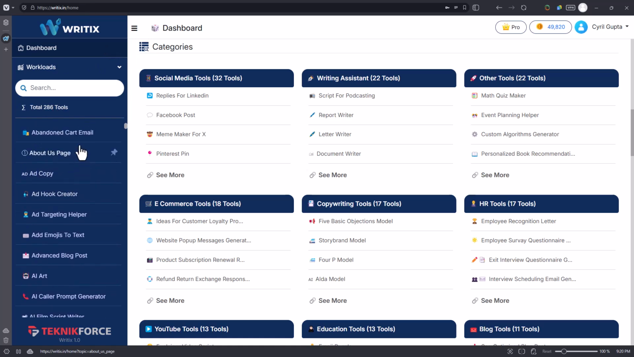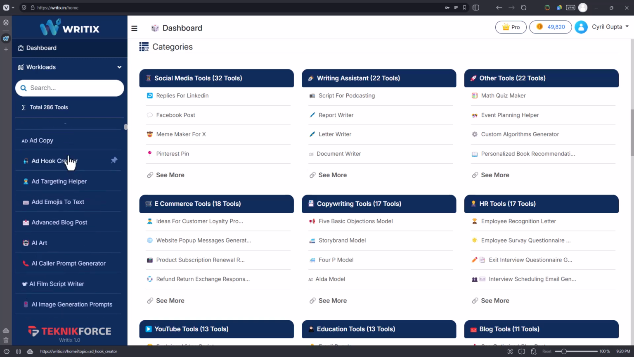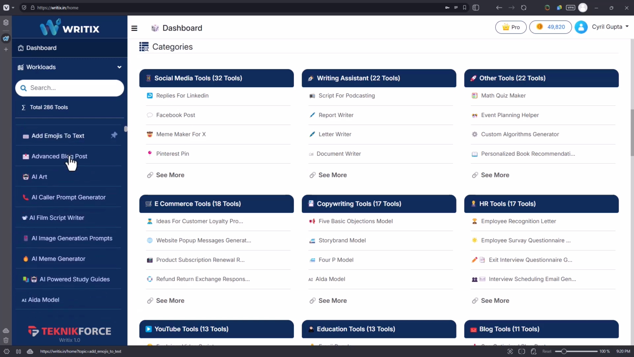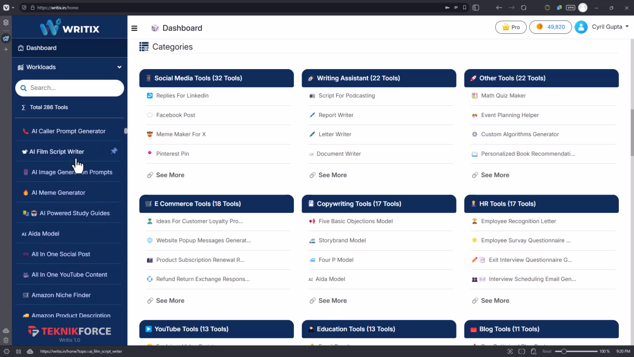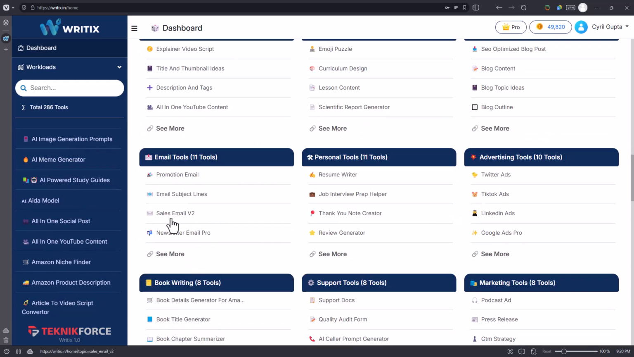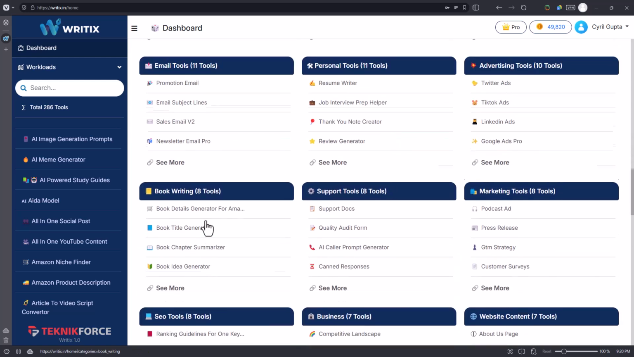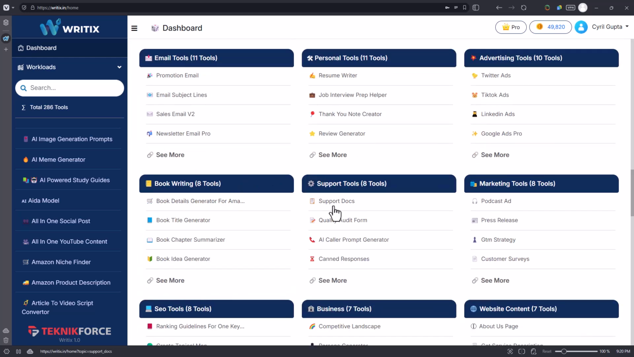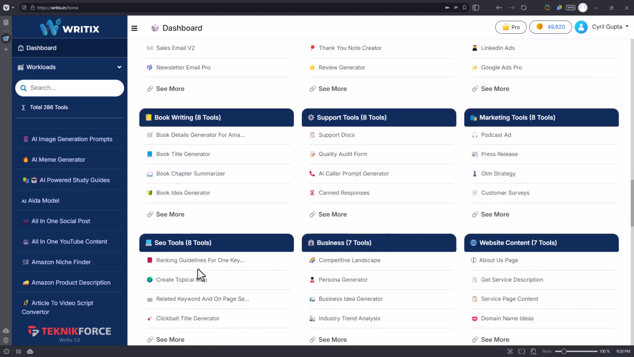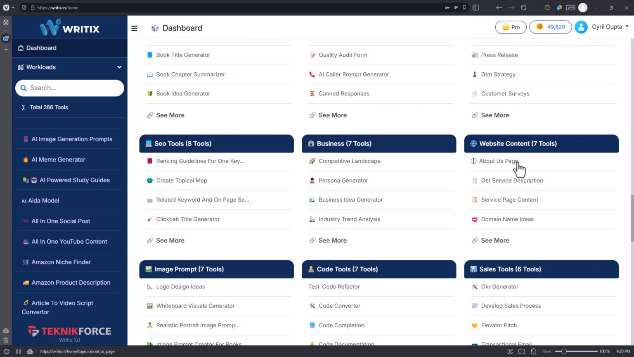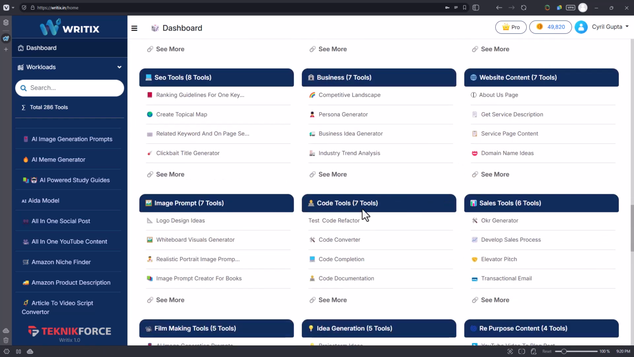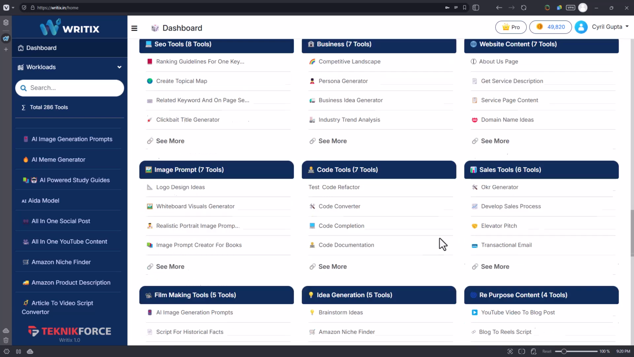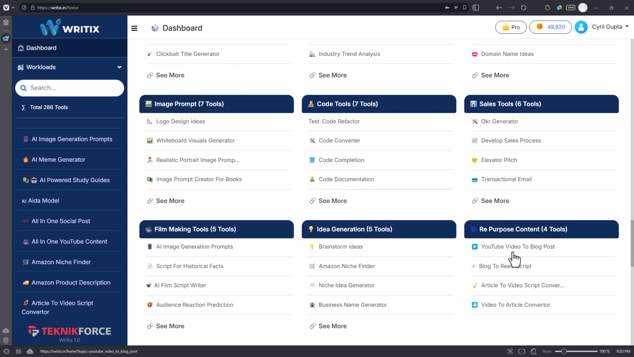Things like abandoned cart email, writing an about us page, creating ad copy, ad hooks, ad targeting, adding emojis to text, advanced blog post, AI art. Literally hundreds of workflows are neatly categorized into categories. For example, if somebody wants to work with email, there is the email category, personal tools, advertising tools, book writing, support tools, marketing, SEO, business tools, website content preparation tools, image prompting, coding, sales and marketing, filmmaking, idea generation, repurposing